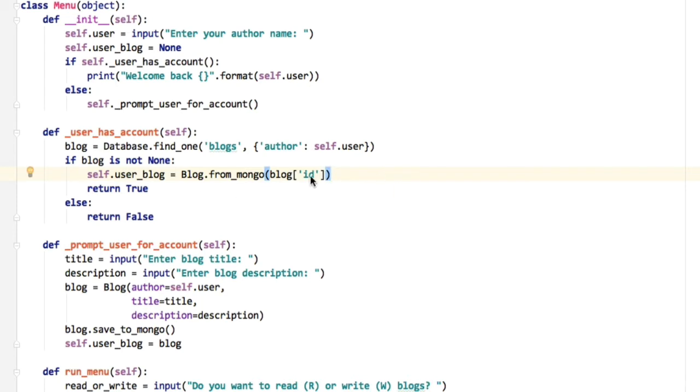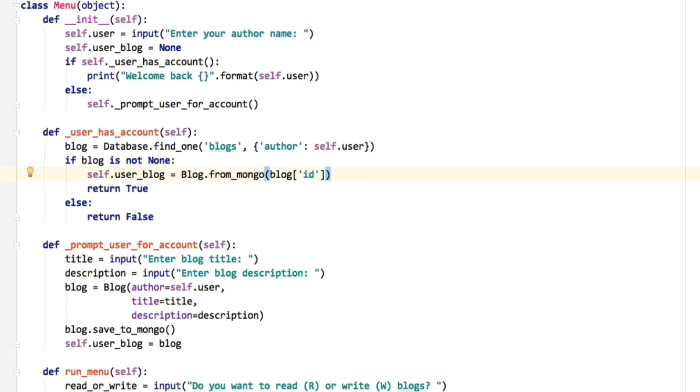So now we have an object of type blog assigned to user blog in here, and an object of type blog assigned to user blog in here. However, it is possible that user blog might still be none at some point. So PyCharm does not recognize that this is always going to be a blog object. It is unlikely that that'll happen, but who knows, maybe we would fail to create a blog or something along those lines. So now we've got an object here and an object here, which means most likely we will always